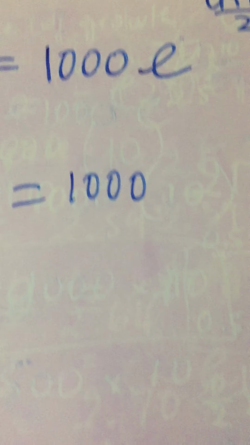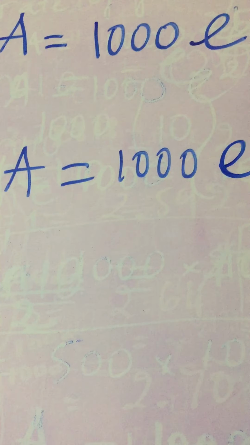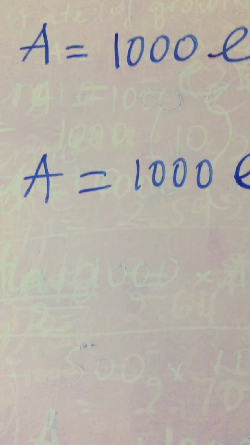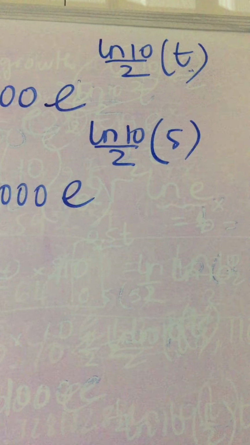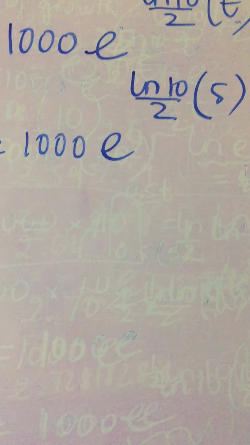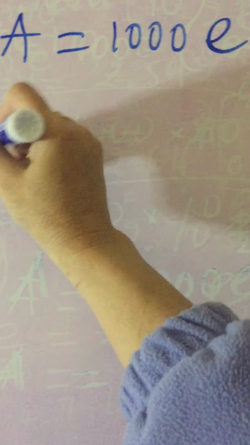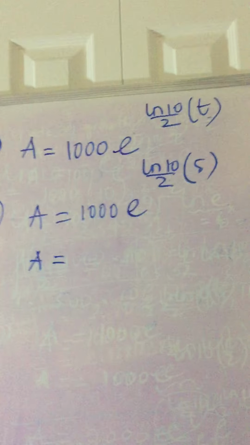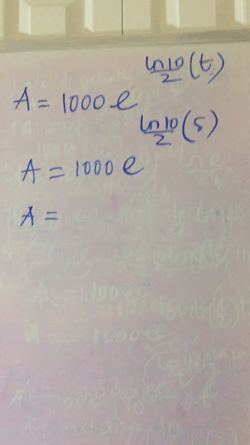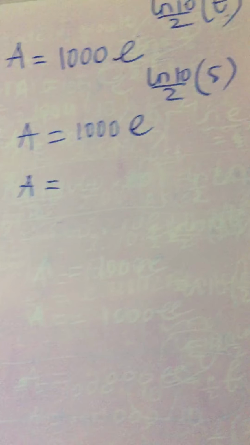A equals 1000 e^(ln 10 over 2 times 5), right? Yes. So now you will find out after you plug in the calculator. And I don't have somebody to help me record, so I'm going to have to put down the cell phone and get the answer and show you. So the answer will be